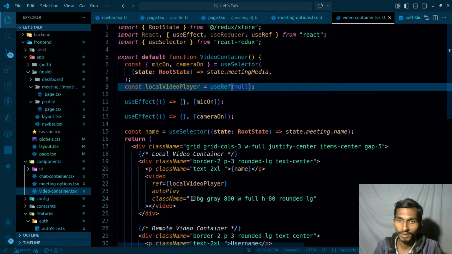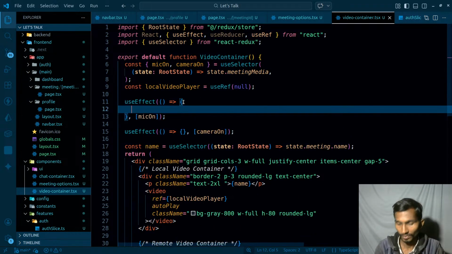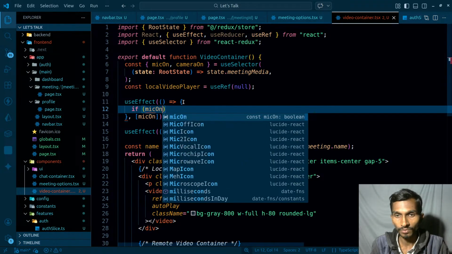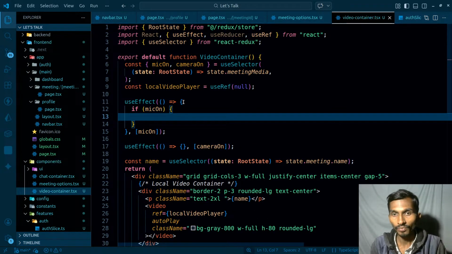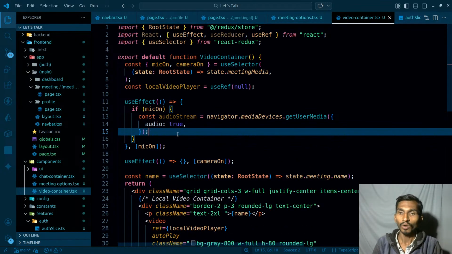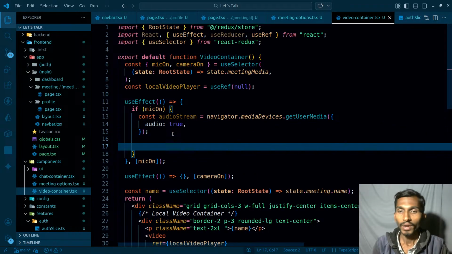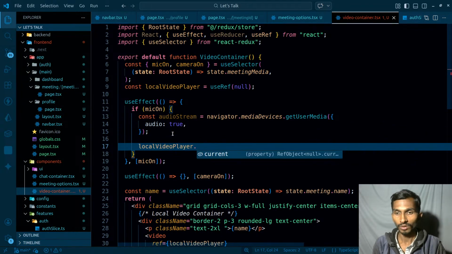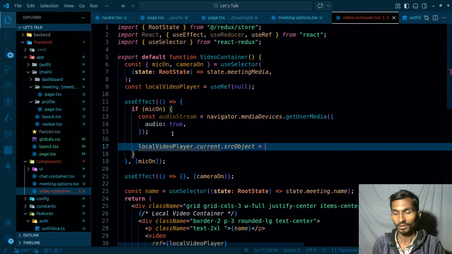Once this is like that, whenever the mic is on, one more thing: the mic can be on, the mic can be off, depending on the situation. Right now I'm only going to be doing it when the mic is on. So if the mic is on, I will get the stream. So const, can I paste it? Yeah, I already had it. So the audio stream that I created. Once I got the audio stream, after that localVideoPlayer dot current dot srcObject, and the audio stream that I'm getting